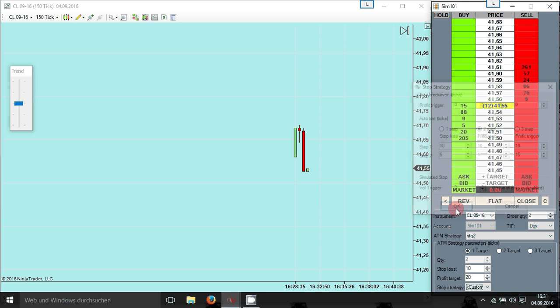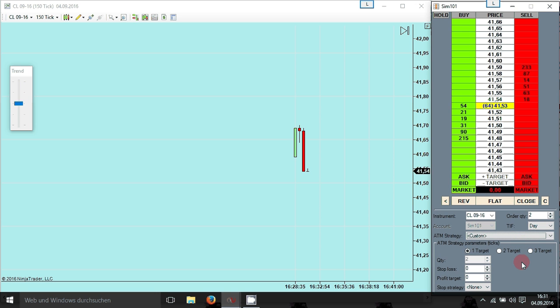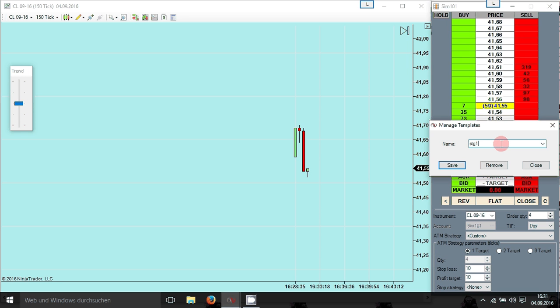Save. Okay. Now we need to create the third and last strategy, this time with 4 contracts, right? As stop loss we give 10 ticks and profit target also 10 ticks. Let's save it and we call it strategy number 4. We have only 3 strategies, but we call it strategy number 4 so it's easier to know when we are playing with 4 contracts. Alright,